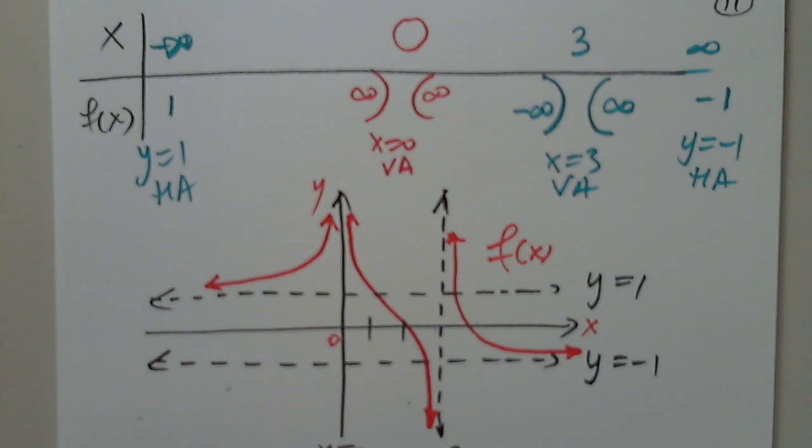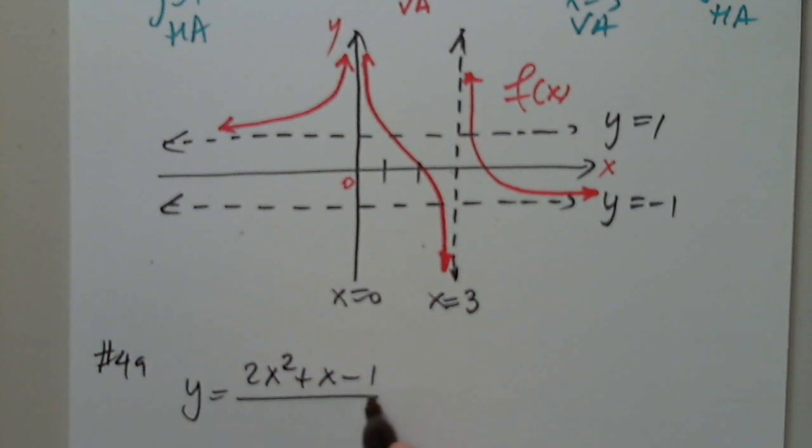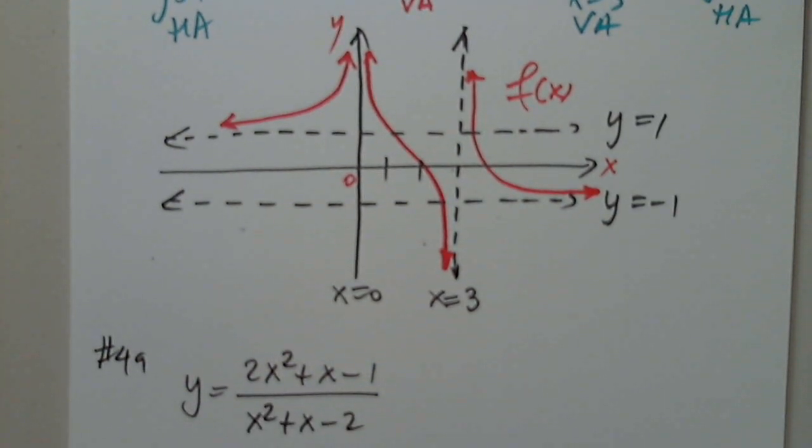Find the horizontal and vertical asymptotes. That's why I picked 49. So for 49, we have y equals (2x squared plus x minus 1) over (x squared plus x minus 2). We're asked to determine